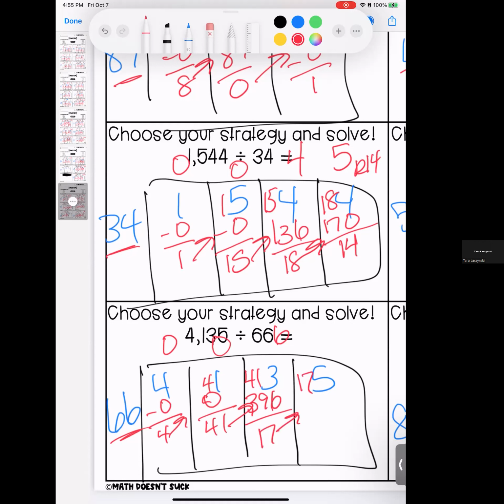The closest I can get this time is going to be 2. 66 times 2 is 132. When I subtract that from 175, I'm left with 43. That is my remainder, 62, remainder of 43. Again, it feels big, but we're dividing by a number that's